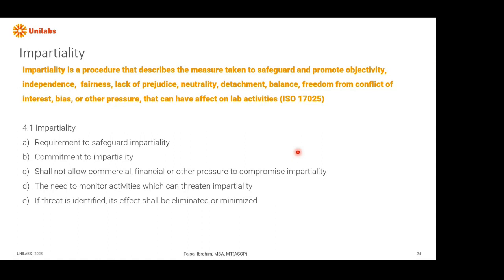If there's any threat identified that can impact impartiality, it should be eliminated or minimized. So I think when we look at the word minimize in impartiality, we attended a workshop last month by CLSI. And when this clause came, many of us didn't understand how you minimize threats. And I think the example that was brought up during that workshop, if I have a relationship with a vendor